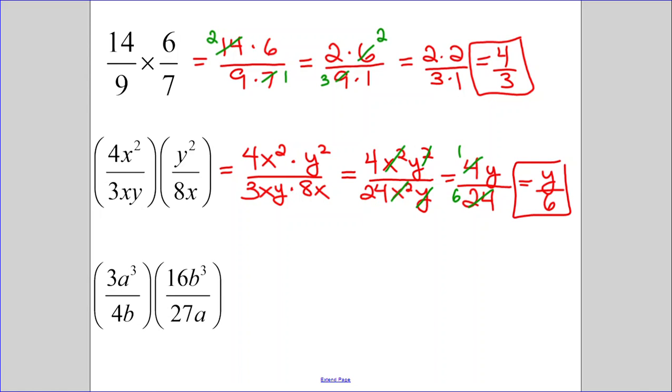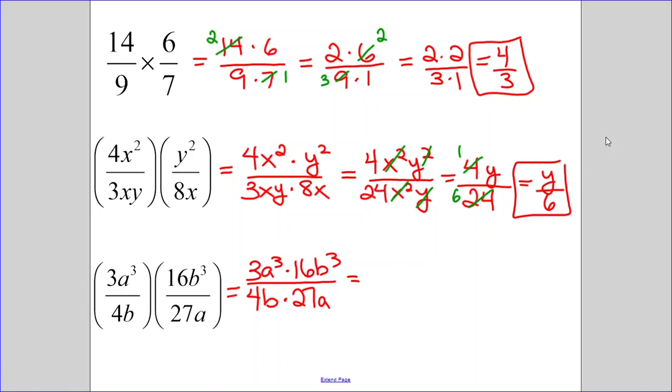In my last expression, same thing here. I've got 3a cubed multiplied by 16b cubed all over top of 4b times 27a. I'm going to multiply those together and see what I can come up with. Or maybe first, before we get to that step, maybe you can see something that can cancel out early. If we can get to this point, that would be great because it saves a lot of extra